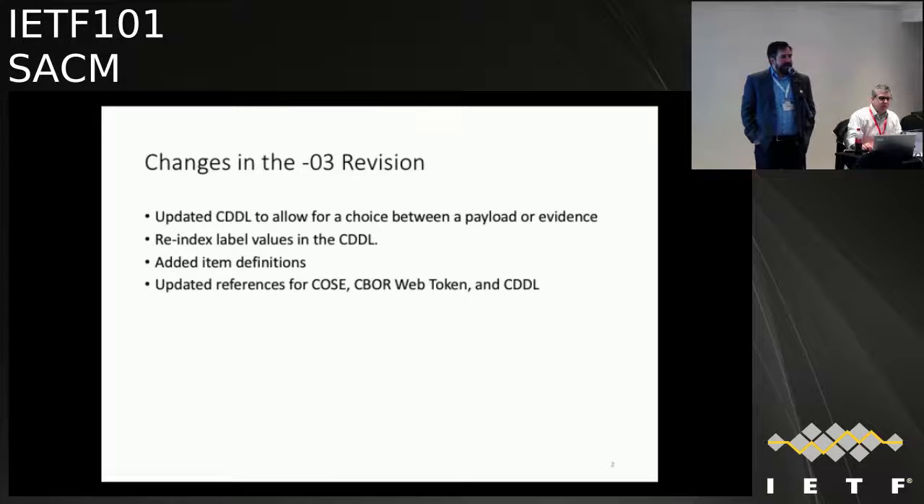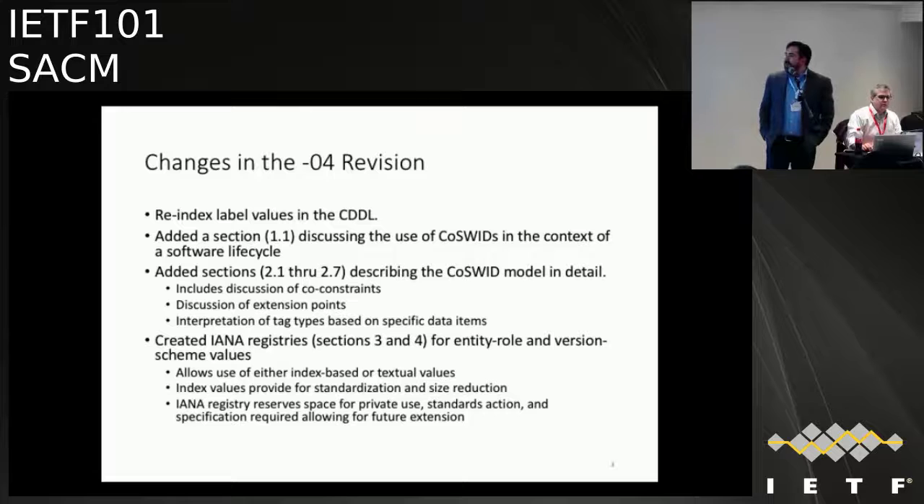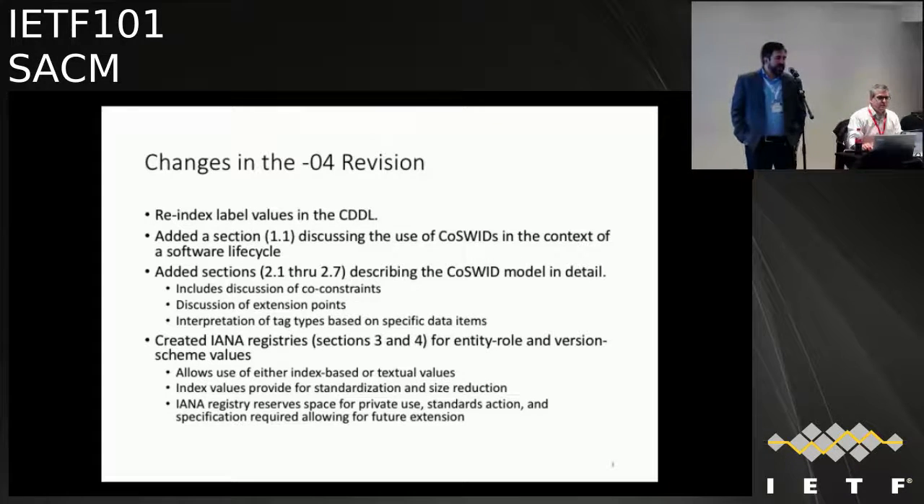Hank went through the heroic effort of adding item definitions into the draft, and that work was quite a big lift and was greatly appreciated. And we updated the various references for COSE, CBOR, Web Token, and CDDL, which have progressed quite a bit since the 02 draft. Next slide. So in the 04 revision, we did some more work relating to the firmware extension, and that required some additional index